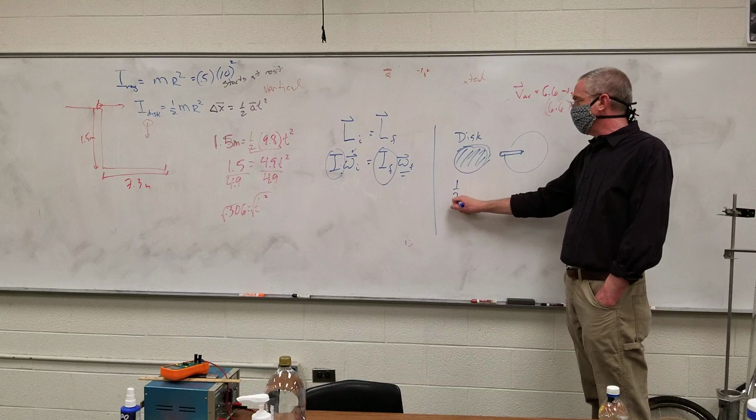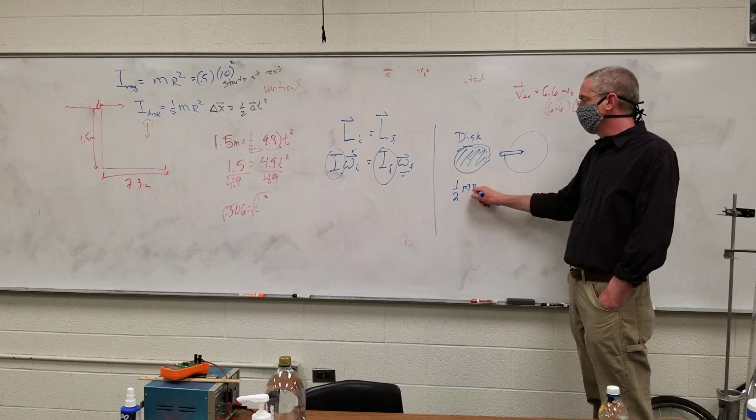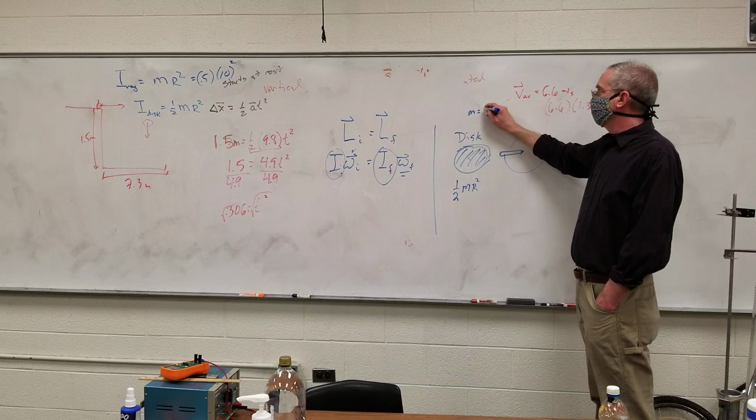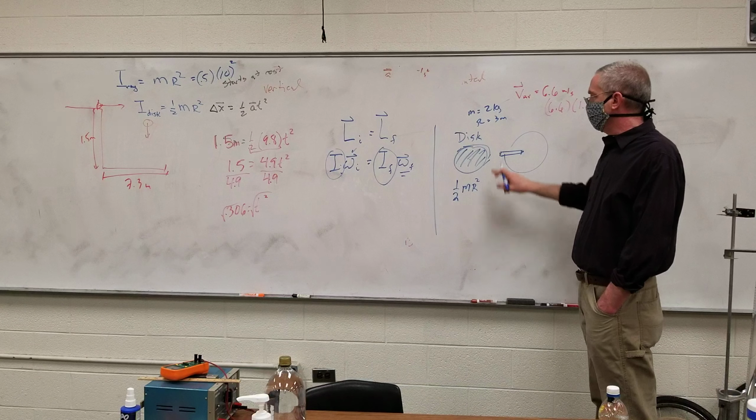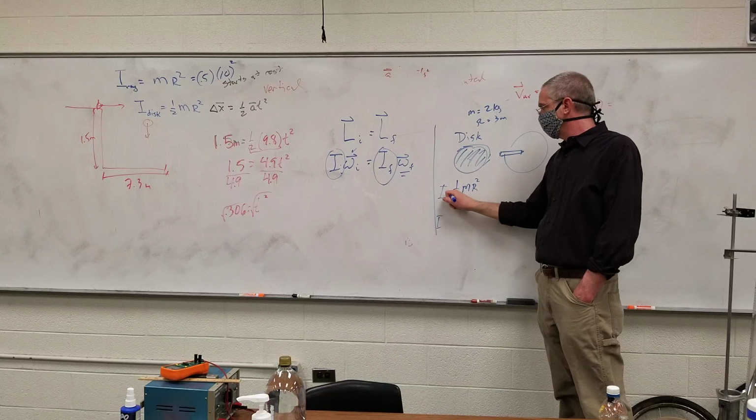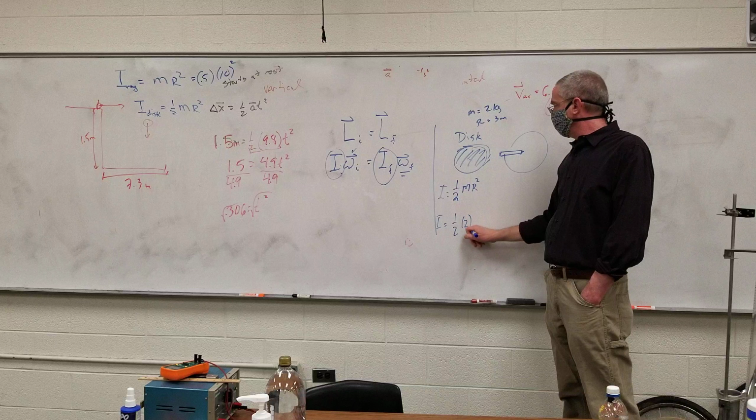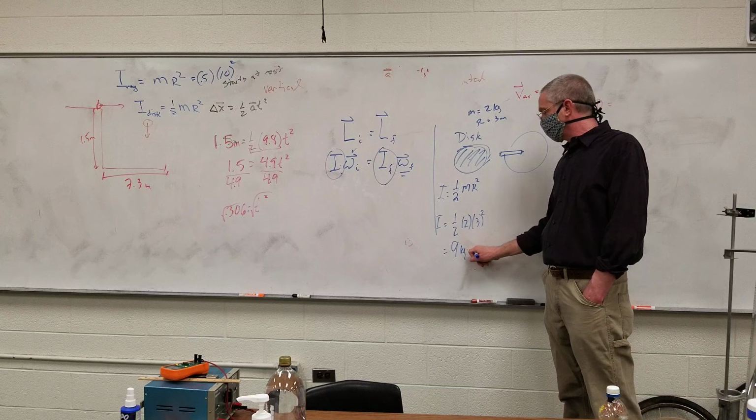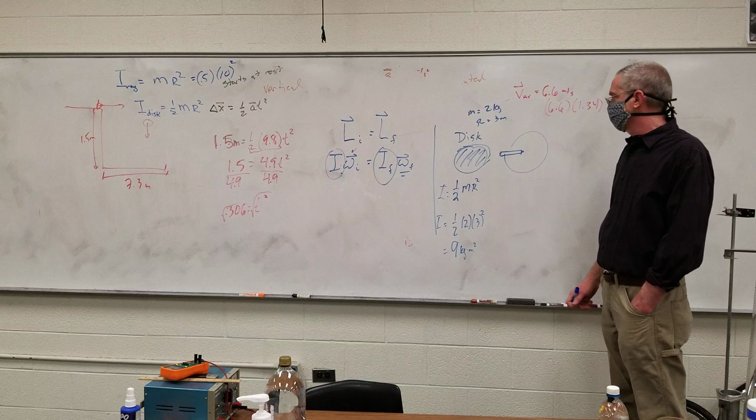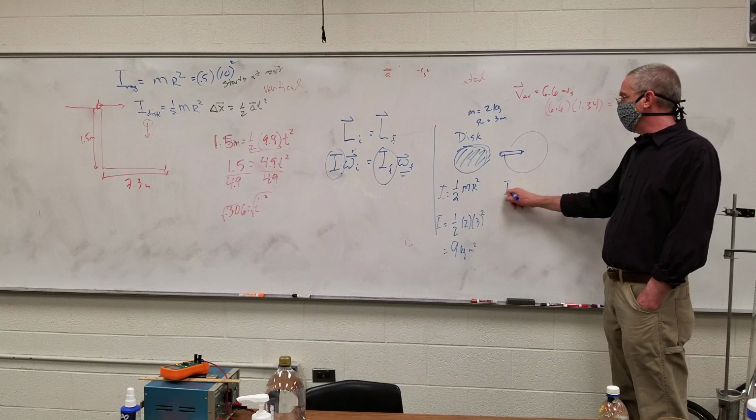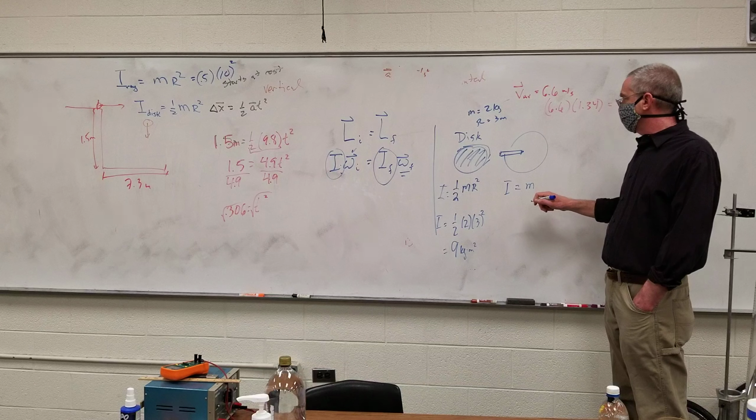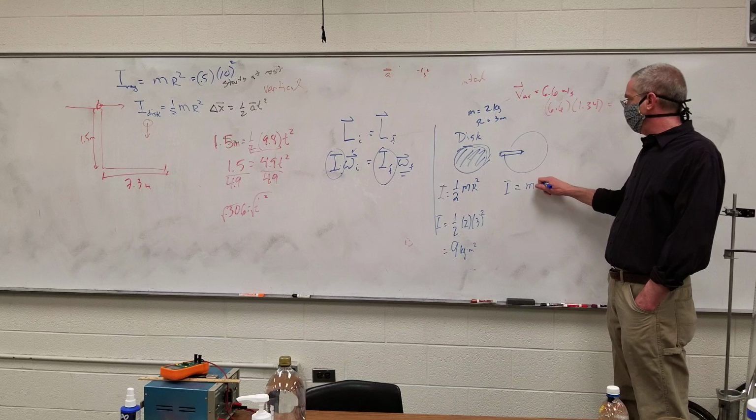I know the formula for the disk spinning about its center is 1/2 mr squared. So let's come up with a mass of 2 kilograms and R is 3 meters. So the moment of inertia of the disk here is 1/2 times 2 times 3 squared, or 9 kilogram meters squared. I know that the moment of inertia of a stick rotating about its endpoint is m